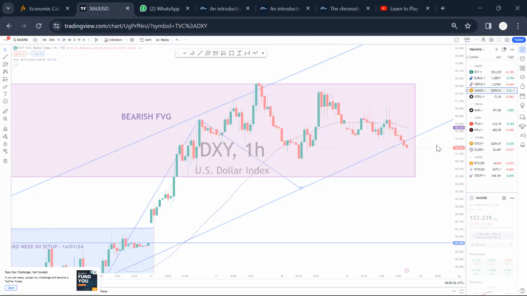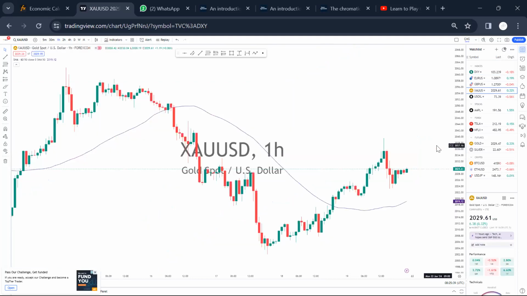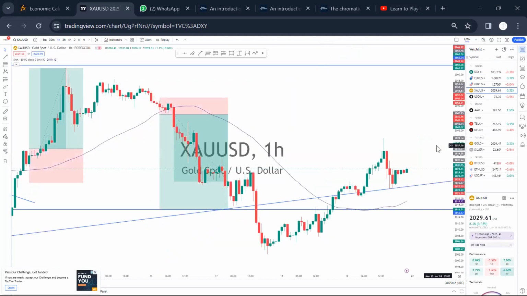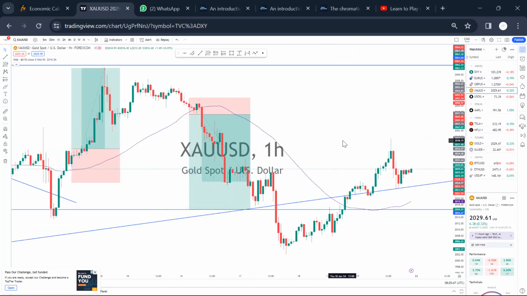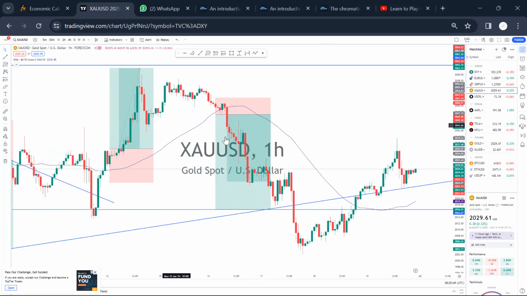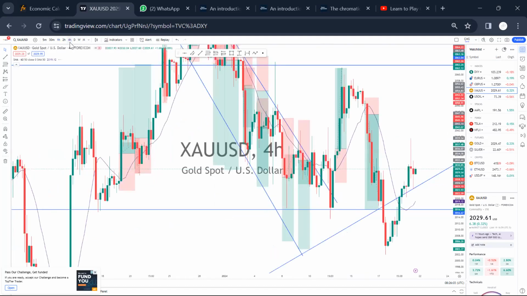So on gold, I'm expecting a bullish week. This is the trade that I took in the course of the recent week. I think I took only 3 or 2. This is what I took, right? Now I'm expecting that the week will be bullish. So the 1 hour is bullish for me, and then the 4 hour too, we have bounced back from the support level. So I'm expecting a bullish week.